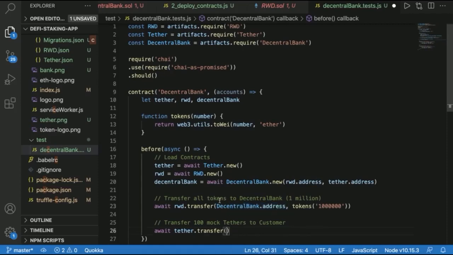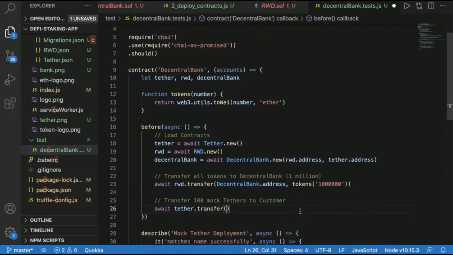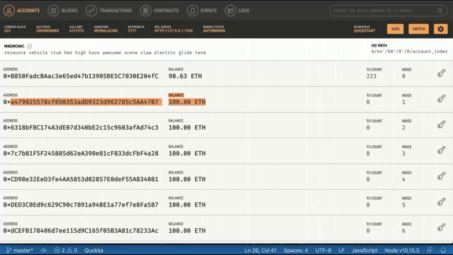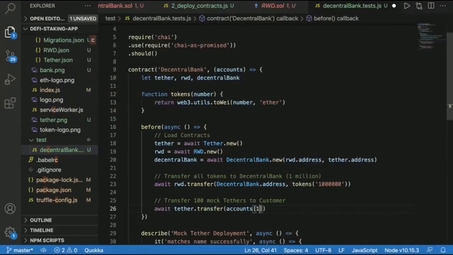But in this case, we're not transferring to the central bank. So we can actually put in the accounts that we have up here, all right? And we specify which account. We want it to be the second account, which is the second in the array, and we do that by typing in 1. Okay, and then after that, we put our amount, so we can just type in tokens,